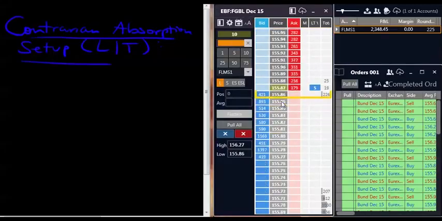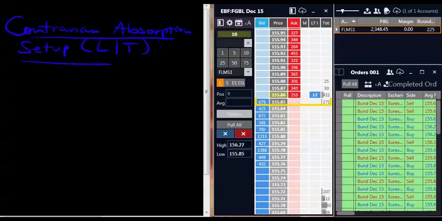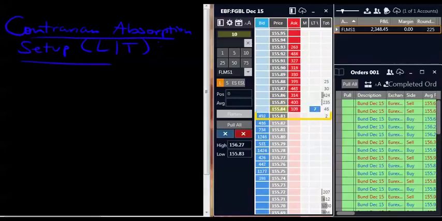So here we go. As you can see here, we're trading at 155.87s, offer 87s, bid 86s, and the market's now slowly making its way lower. Now, what I'm going to be doing here, trying to point out the price action and drawing on the price ladder as we speak, and as this plays out. But at the same time, I'm going to try and build a position as well,